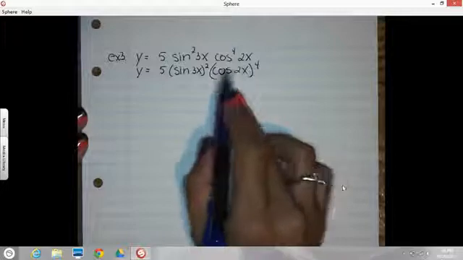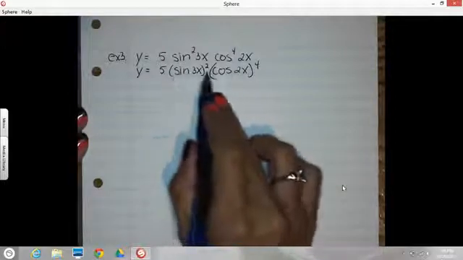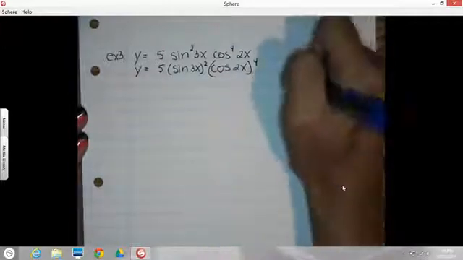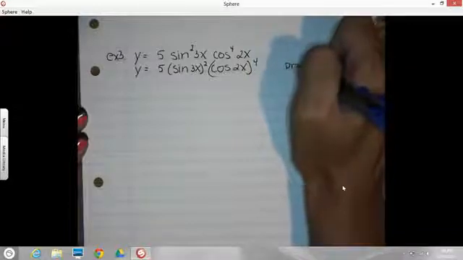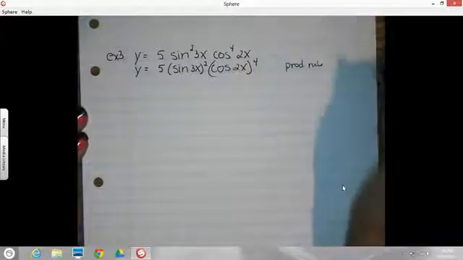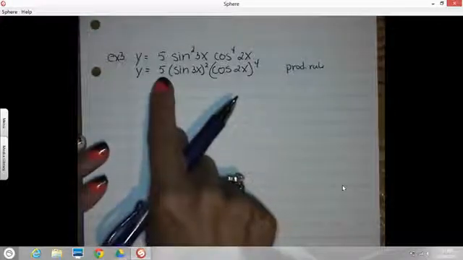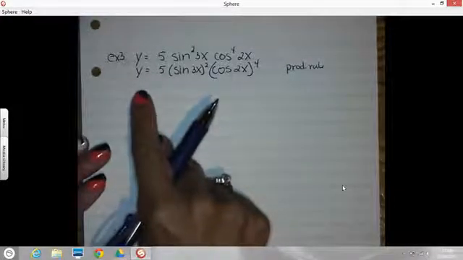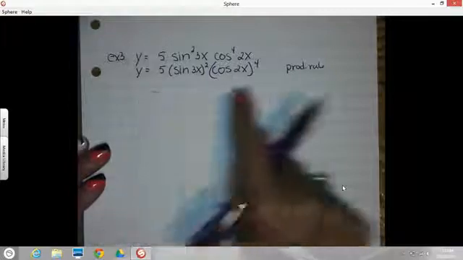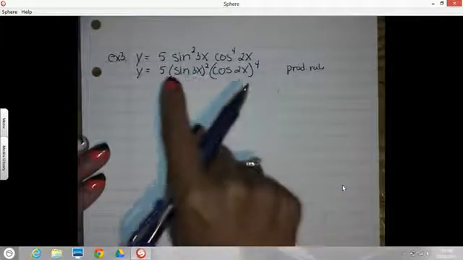So I see this as an x term times another x term. I don't care if it's to the power, but an x term times another x term tells me product rule. Okay, now the 5 multiplier. You have an option. You could put the 5 out in front of the product rule with parentheses around the whole thing, or you can include the 5 as part of